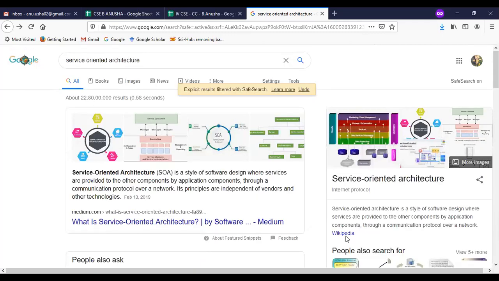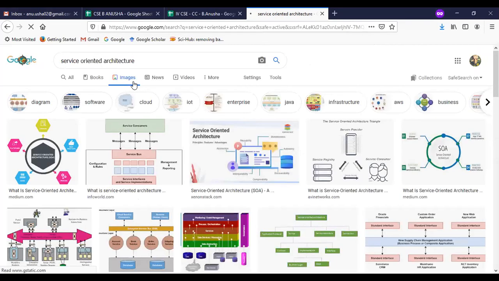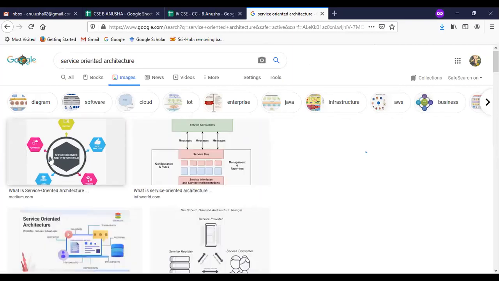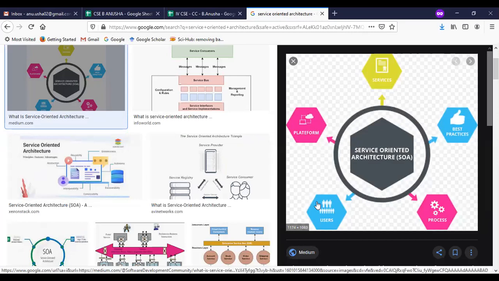So what is this? This is a hyperlink to that processing. If you see, this is the hyperlink for the processing. Then I will go for the images. What will these images do? Images also act as hyperlinks. How do they act as hyperlinks? Simply click on this one, and it will be represented on this side.